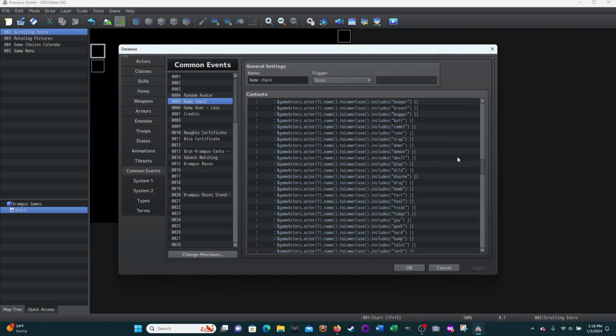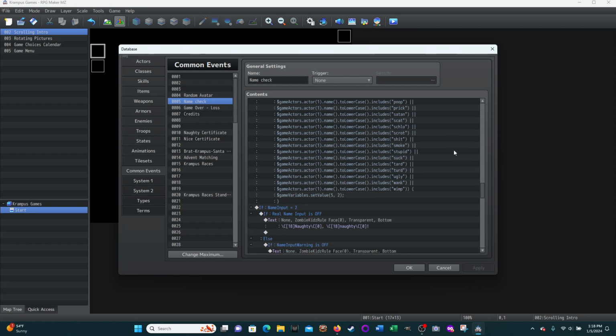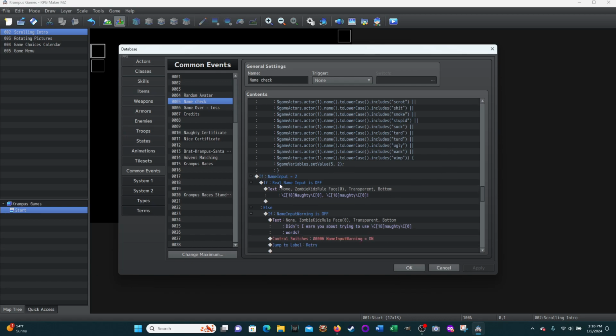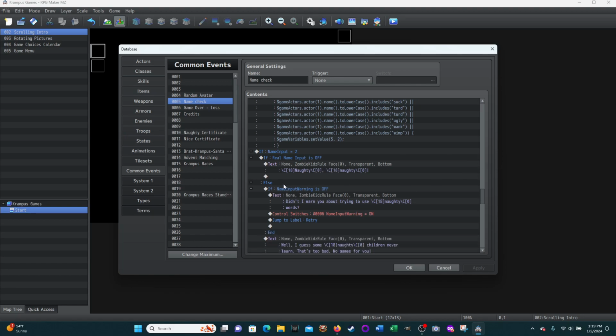And again, I just came up with a whole bunch to test until I got tired of it and said, okay, no more. I'm going to cut it off. And then this changes to a 2. So if it finds one of these, then the value is a 2 of variable 5. And so then we do our conditional branch. If name input, which is variable 5, is 2, then it's going to check, is the real name input switch on, right, or off. If it's off, then fine, right, you get a free pass. Else, meaning